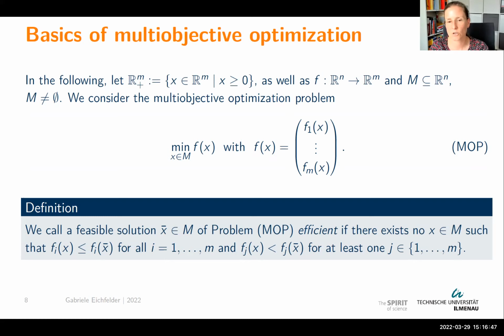And I'm starting with a notion which is most famous, which is considered to be the optimality notion for multi-objective optimization. So what does multi-objective optimization mean at all? We have multiple objectives, for instance, n functions which we want to optimize at the same time. Typically, in general, we assume them to be competing, so we will not find a feasible point which minimizes all objective functions at the same time. And just to mention, there are different ways of comparing these vectors. We can write all the objective functions in a vector, and for that reason, people also speak of vector optimization.